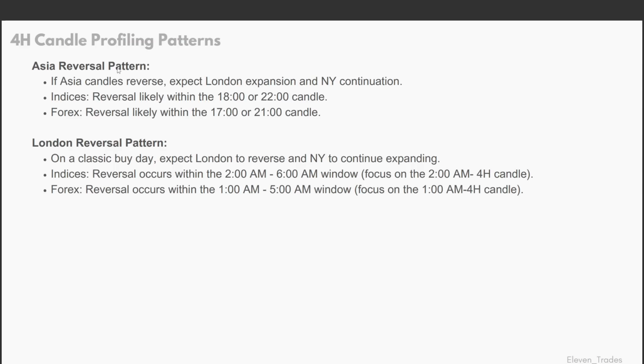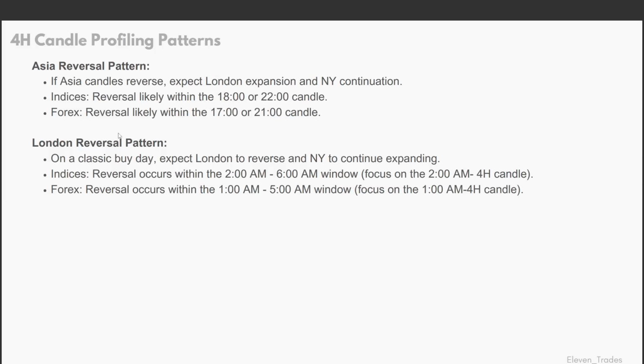Now the 4-hour candle profiling patterns. The first one is the Asia reversal. If Asia candle reverses, expect London to expand and New York to continue. Now for indices, the reversal is likely to occur within the 18 candle or the 22 candle. Like the first 4-hour candle of the day is the 18 to 22. The reversal will likely occur within that candle or 22 to 2 a.m., which is the second candle of the